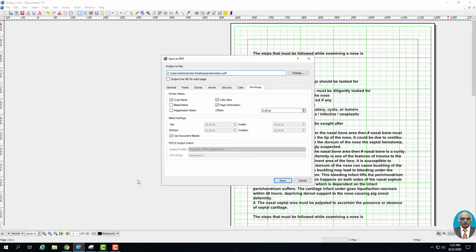It is ideal to set the bleeder value at the level of the document setting rather than at the level of the output, because the moment you set the bleeder here at the level of the output, the setting goes off after the document is converted into PDF, and after that this setting won't be available for the document. So at a later date, if you want to convert the same document into PDF, this value will be lost.